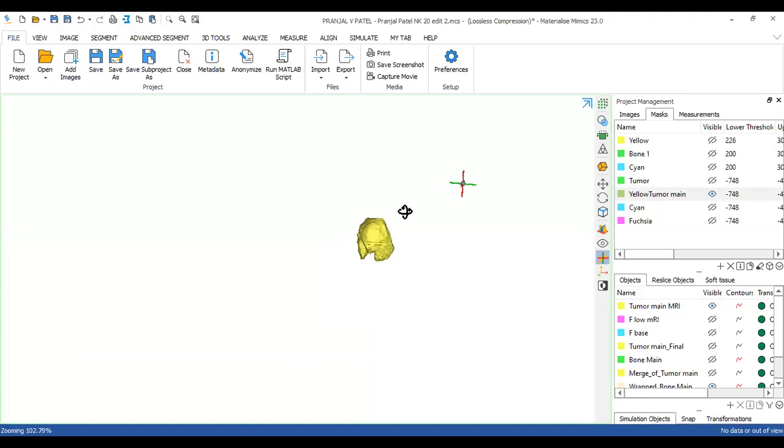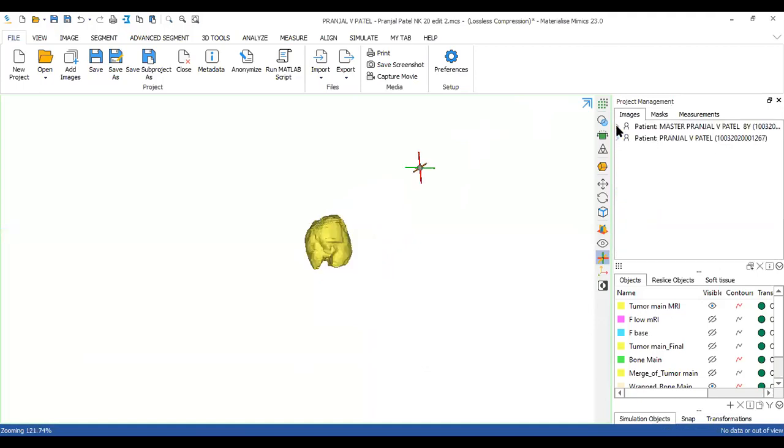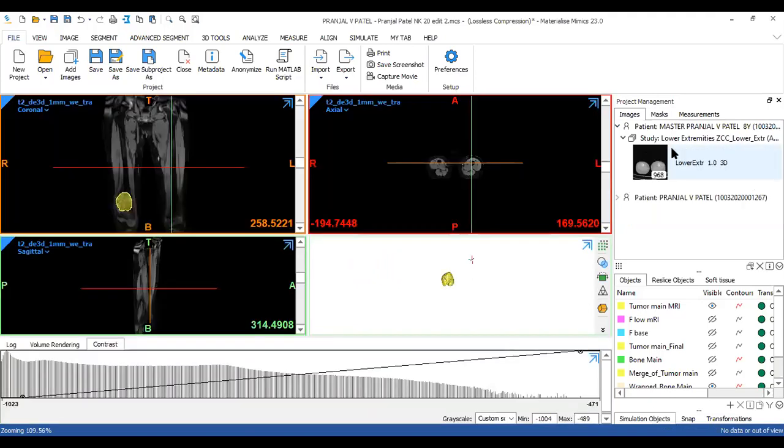Now once my drawing is completed in the MRI view, I am now going to shift my image set to the CT because I want to overlap this tumor onto the bone, right? So I'm switching on to my CT image set.